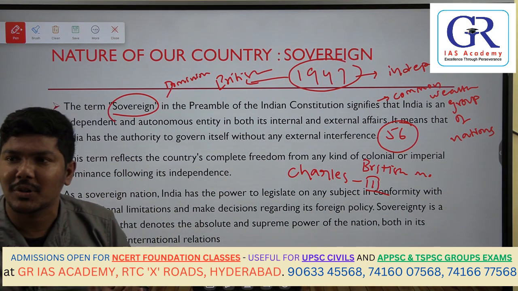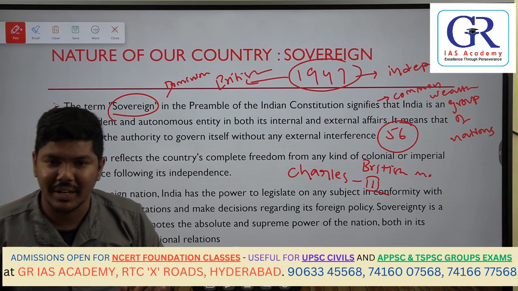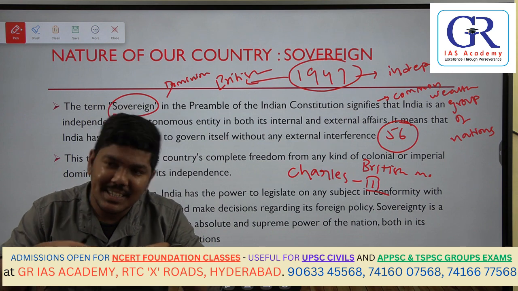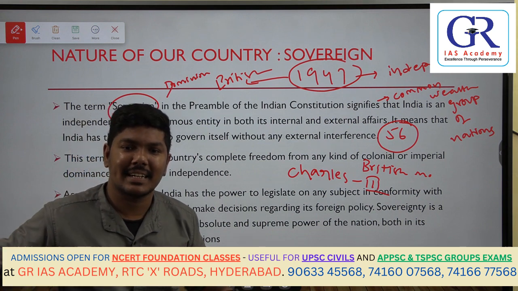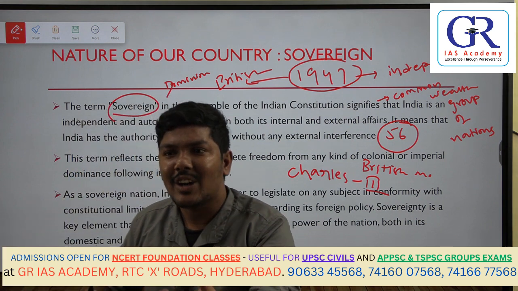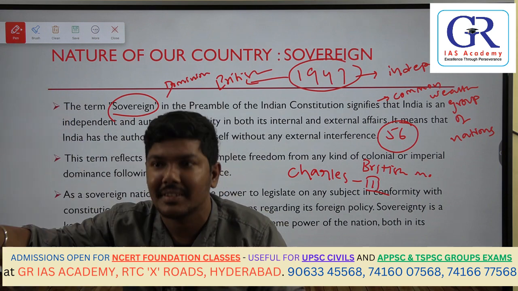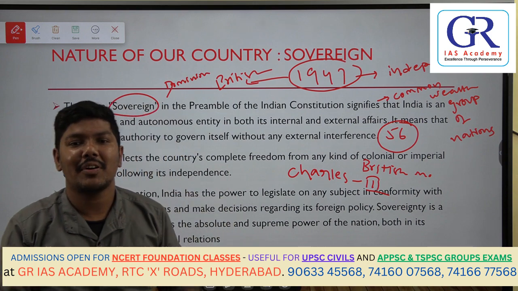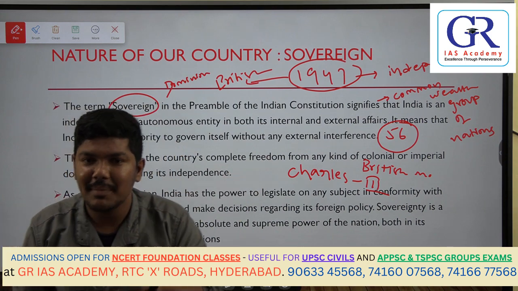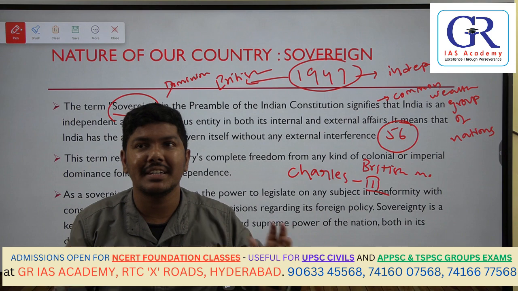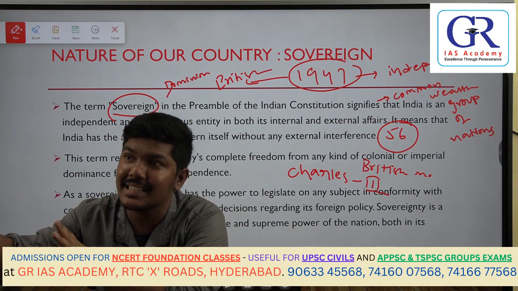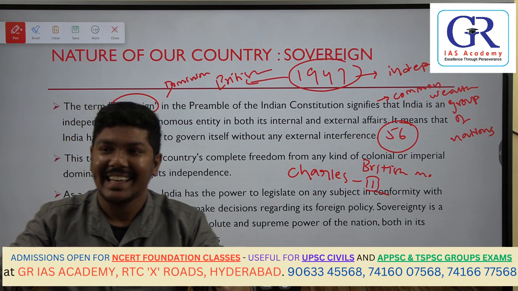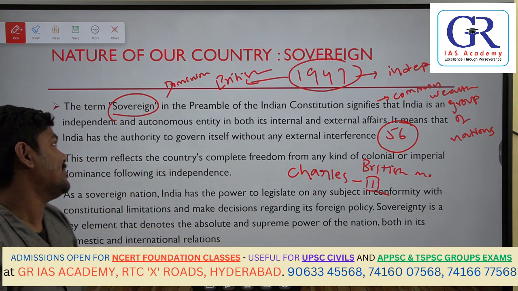Consider the following statements about the Commonwealth Group of Nations. Point number 1, it comprises about 56 member nations. Point number 2, India is not a member, and it came out of the Commonwealth Group of Nations in 1950 itself. They'll give statements like that. But no, even today we are a member. Point number 3, the head of the Commonwealth is the British monarch, and his decisions are binding on all the other countries. Is it true? No. He cannot influence any country.